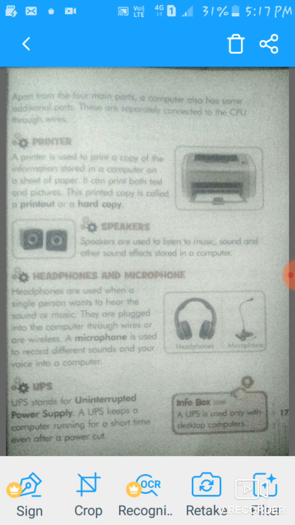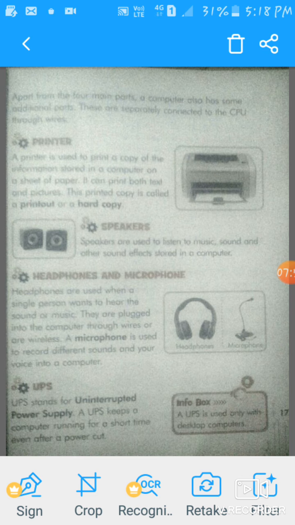Speakers are used to listen to music, sound, and other sound effects stored in a computer.